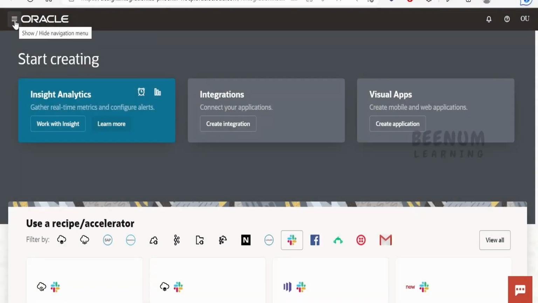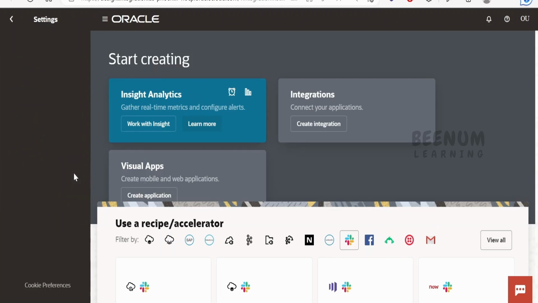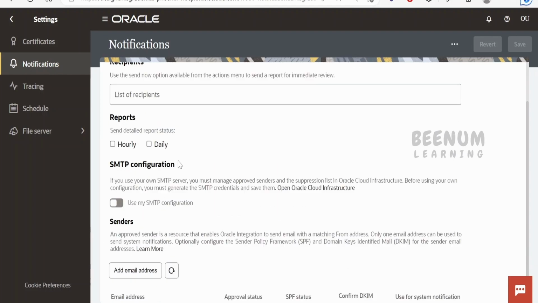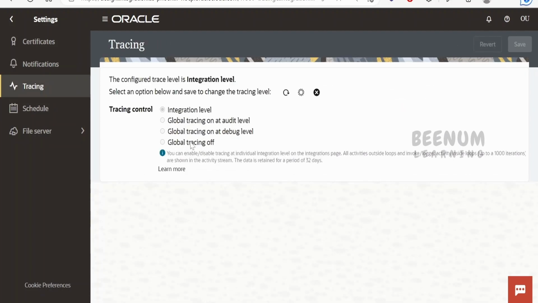If you click on the navigator menu, that is the hamburger menu on the left top corner, we will see many options. It is similar to what we had in the Oracle Integration 2 version, but the naming of a few menus has changed. If you click on Visual Builder, it will take you to a separate Visual Builder instance. If you want to get into the settings, you can manage the certificates, go to notifications and change the notification settings available for your instance. If you want to change the tracing, or turn off the global tracing, all those things we had seen in Integration 2,